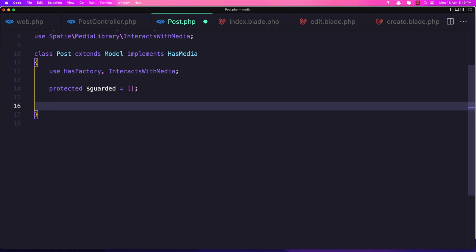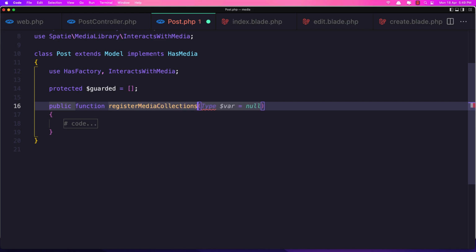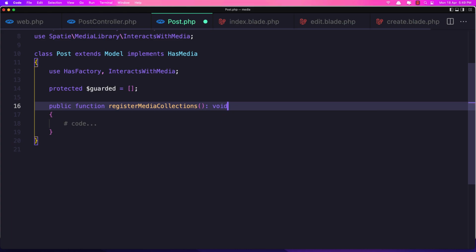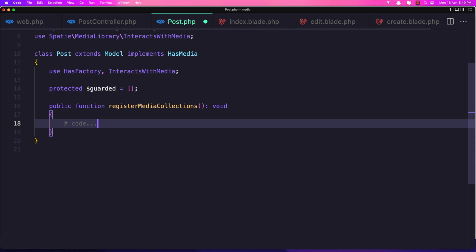So let's say function with name register media collections, and here we don't need anything. We need to return void. Okay, so return void, and here now register the collections we want.